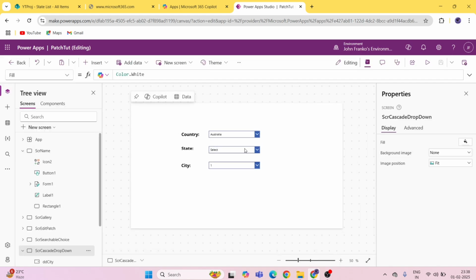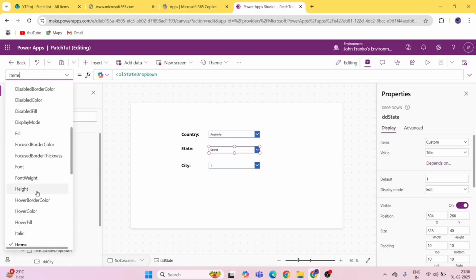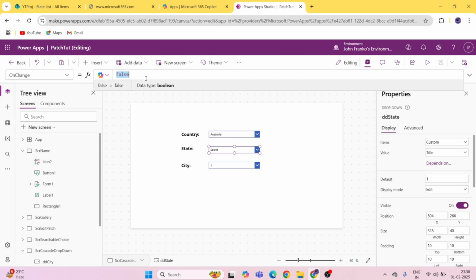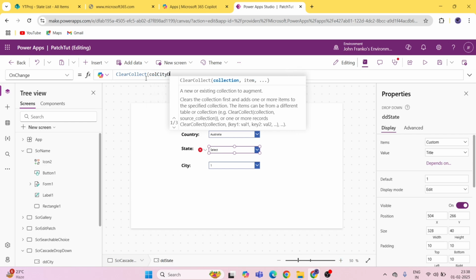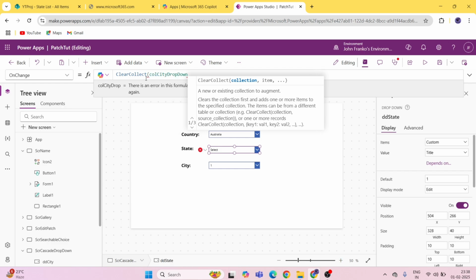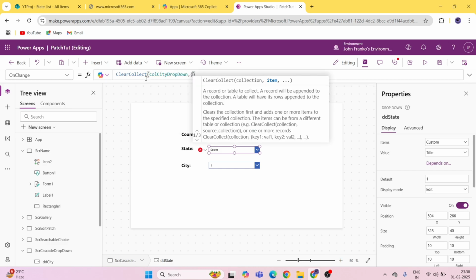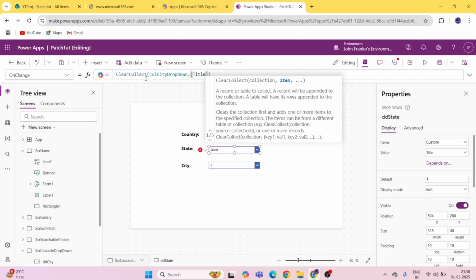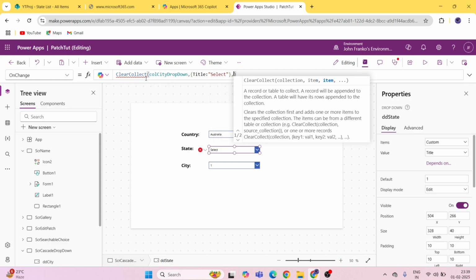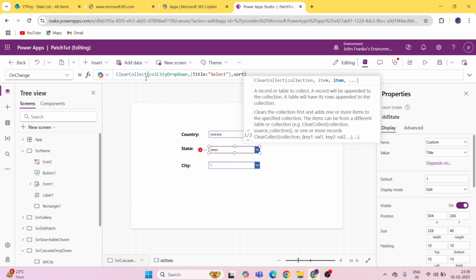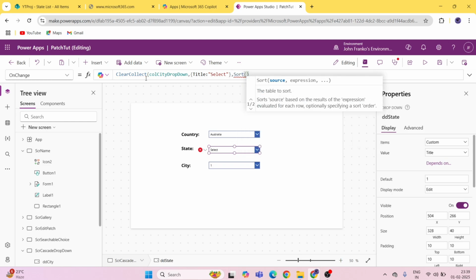Now what we have to do, we have to go and work on the on change of this drop down, state drop down. So here I will create this collection, ClearCollect, call it city drop down, comma, title, select, comma, sort, close this round bracket, filter, close this round bracket,